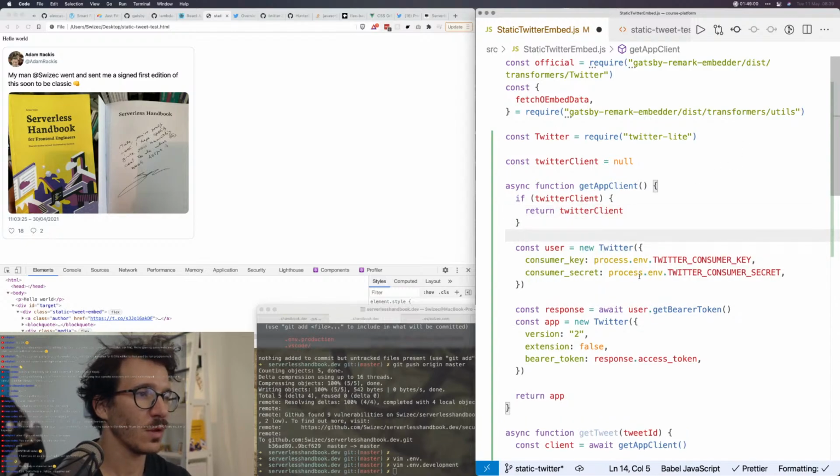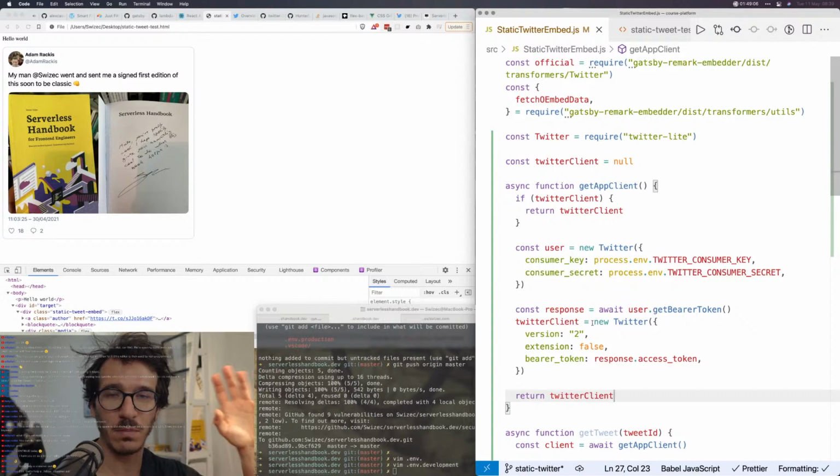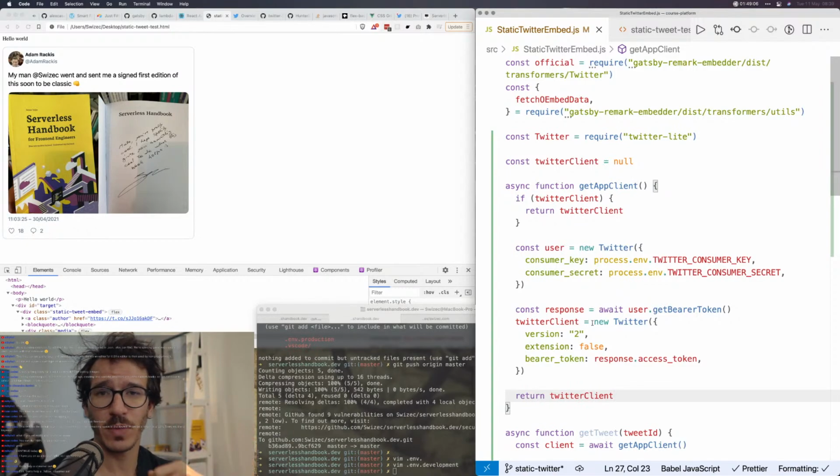Otherwise, we are going to define it here and then return it. So now we have a memoized function that, if the value doesn't exist in global scope, creates it, makes a new client, logs into Twitter, then saves it in global scope and returns it, so that we don't have to do that every time